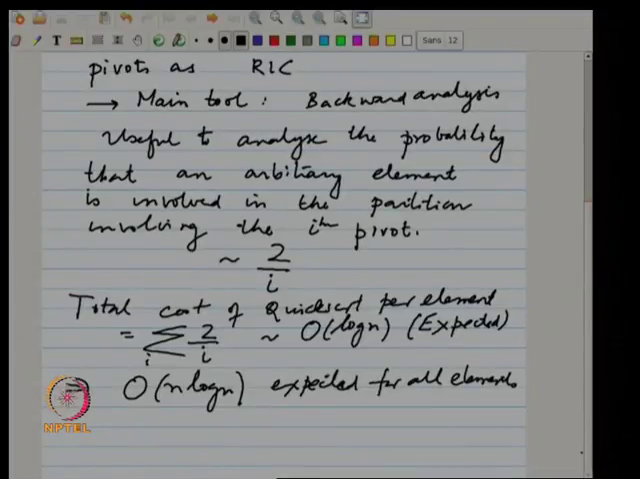Now, as I said, this bound has been obtained by other means also. People have analyzed in different ways and been able to get this n log n bound, but this is one of the cleanest analyses of quicksort actually known to me. And the lesson that we want to take out of this is